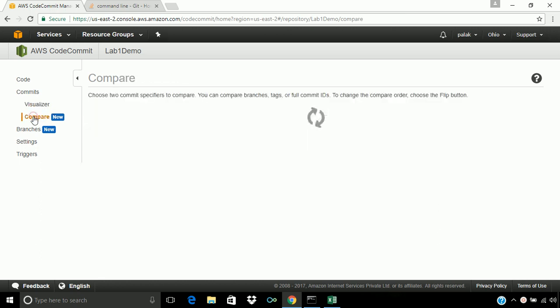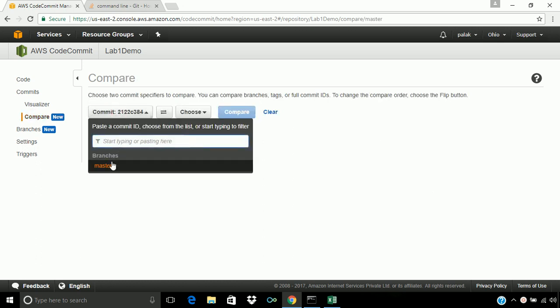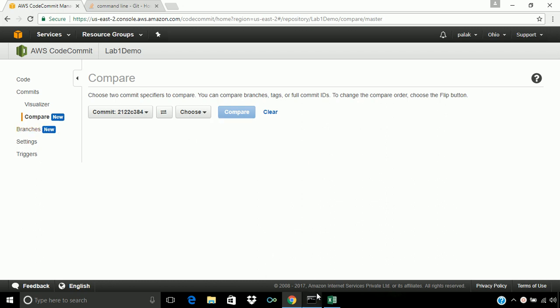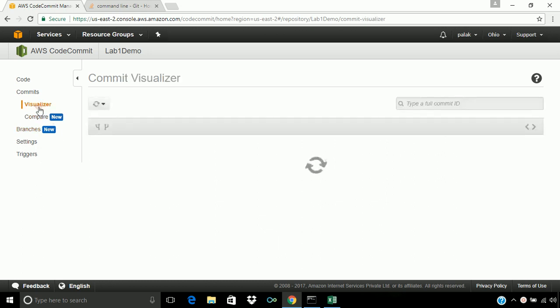And if we have multiple branches, then we can also compare the code between those branches. So let's add some change in that file and commit again, and then we will see and compare those two commits in this visualizer.